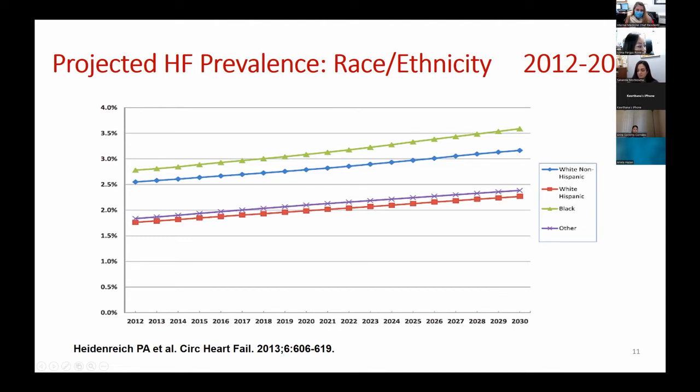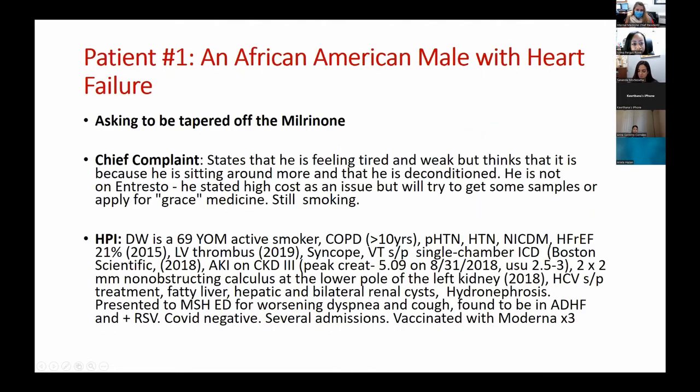So let's talk about our first case. This is an African American male with heart failure. He's 69 years old. I've been following him since 2017. When he presented, he had been following at an outside institution, and honestly, he was already at stage D,